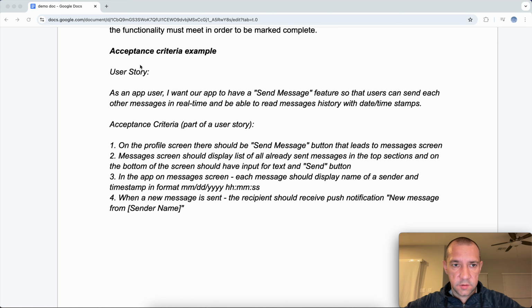This is an example of some trace. This is the user story itself that we've seen previously. And as part of the user story, below after the brief user story description, you will write an acceptance criteria header and put your acceptance criteria. For example, for the send messages feature, first acceptance criteria: on the profile screen, there should be a send message button that leads to the messages